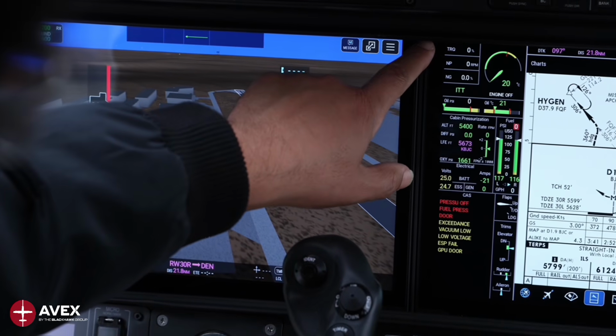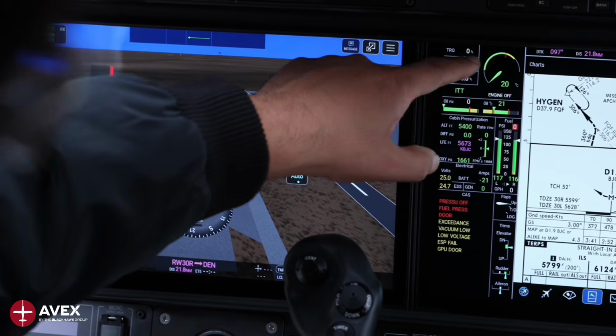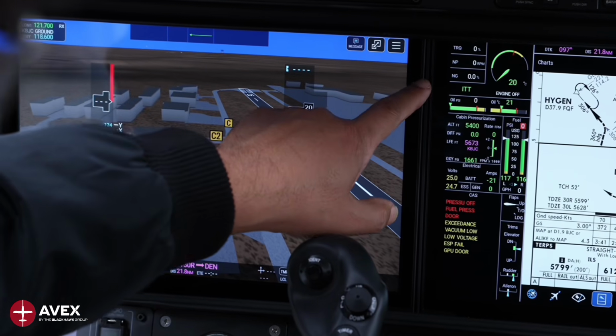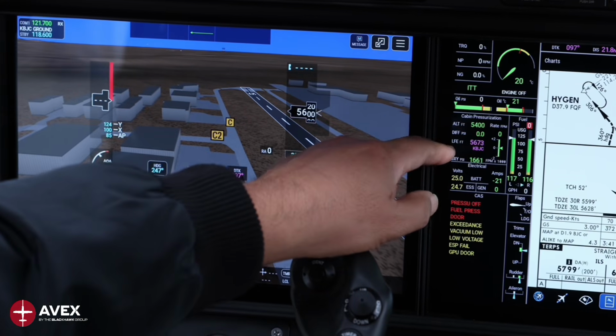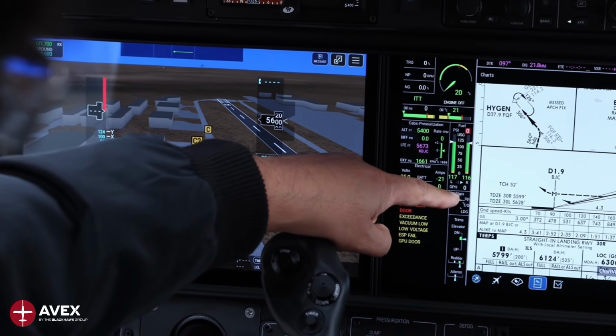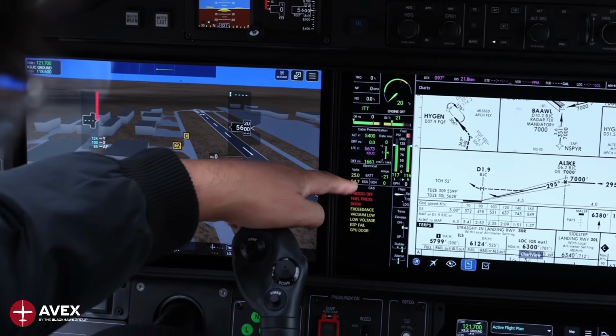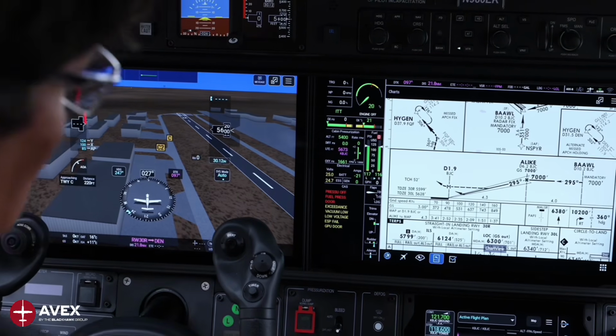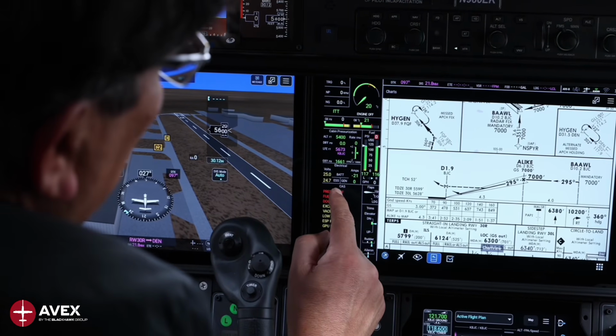Now the engine settings are to the left. Before, it used to be little squares on the top, now on the side. Oil pressure, oil temperature, cabin altitude, fuel pressure at the top, gallons per hour at the bottom, our battery, CAS message. Now, a great thing is, if we touch